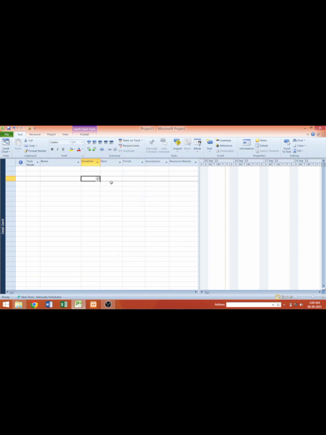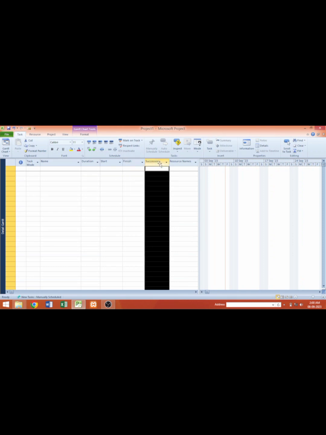We have the start, of course, the start date for each activity, and of course the finish dates here on this other column. Then we have the successor. So this is the column where we would be carrying out relationships between one activity and the other. But instead of successor, I prefer the predecessor column. So you can easily add